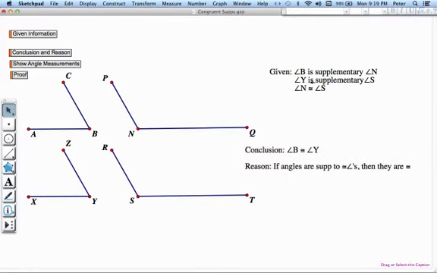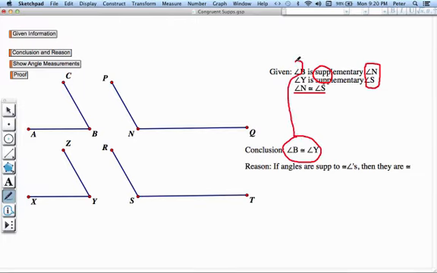If we know this given information, we can conclude that angle B is congruent to angle Y. And the reason is our next theorem. If angles are supplementary to congruent angles, then they are congruent. Alright, let's take a look at what this is saying. If two angles, like B and Y, are supplementary to two congruent angles, and those two congruent angles are N and S. So when you see them showing up here, and their supplementary is showing up twice, you can be sure that the other two angles, B and Y,